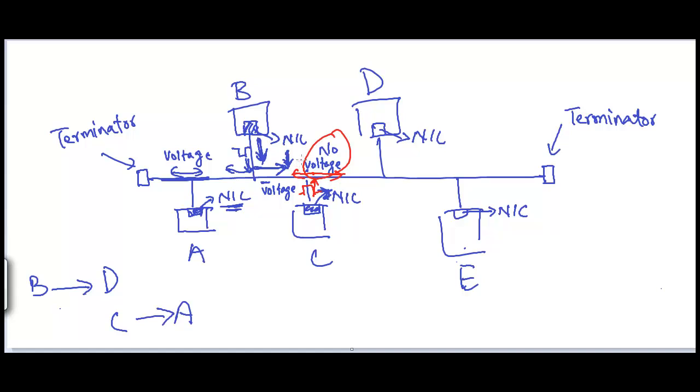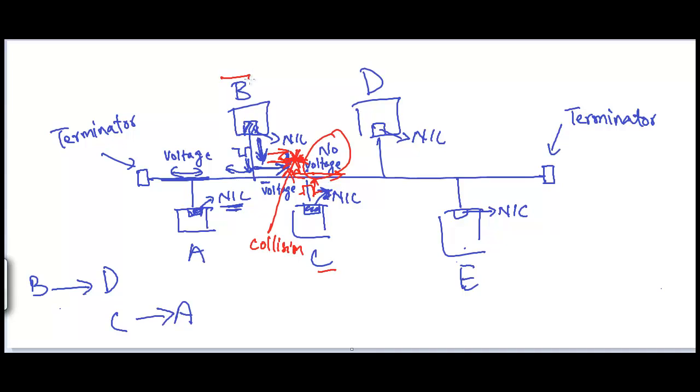Guess what? When it starts traveling this way, the message from computer station B is also coming in this direction. So both of these signals collide somewhere here. There is a collision that takes place, because when C sensed the wire, C saw no voltage, therefore C also transmitted, and the message from B was on its way across. There was a midway collision between the message from C and the message from B.